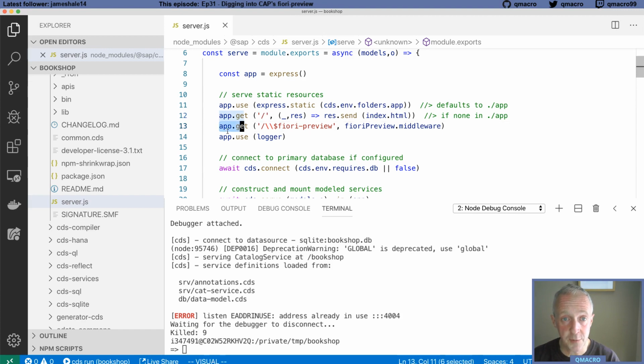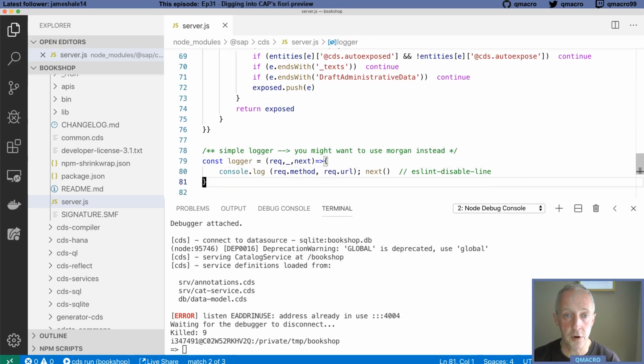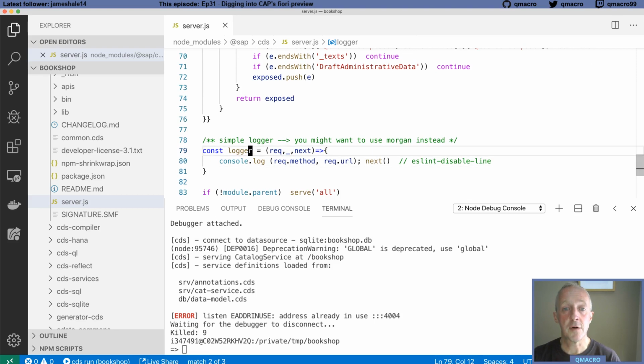I'm going to skip this one for a second, but just down here, you can also see another piece of middleware, which if we go down to where this is defined, simple logger. Let's have a look. And this is exactly the same sort of thing as we defined in our little example, where yes, we're interested in the incoming request parameter because of course we want to log out the URL in this case, and here we're also logging out the method. We're not interested in the response because we're not going to send a response, but what we are interested in having access to